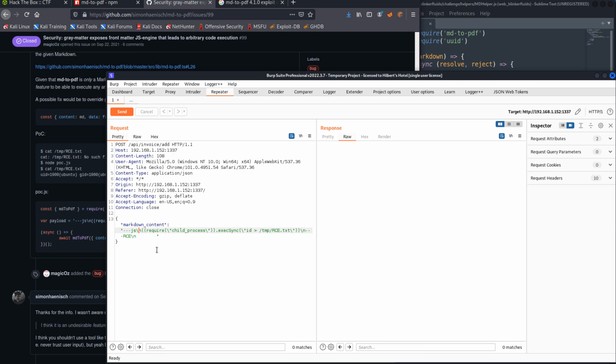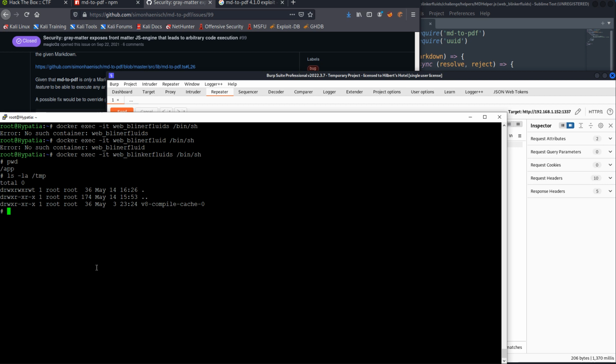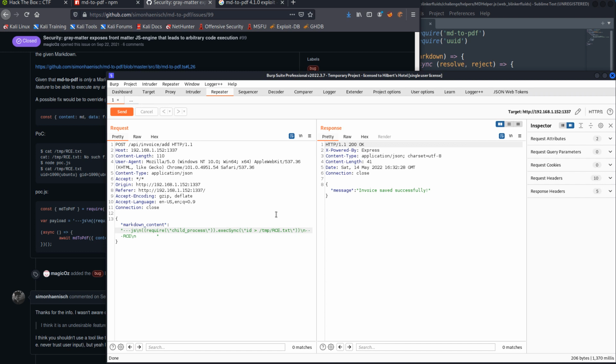So if we change that, right? Let's put it the way that it's actually supposed to be with these line breaks, and go ahead and do that. Then if we look at our, right, now we see it created that RCE, so we know it's actually working now. So what we could do on this, if we don't have access to the local file, and this is what I'm actually going to do once everything gets fixed and I can try and get the flag,